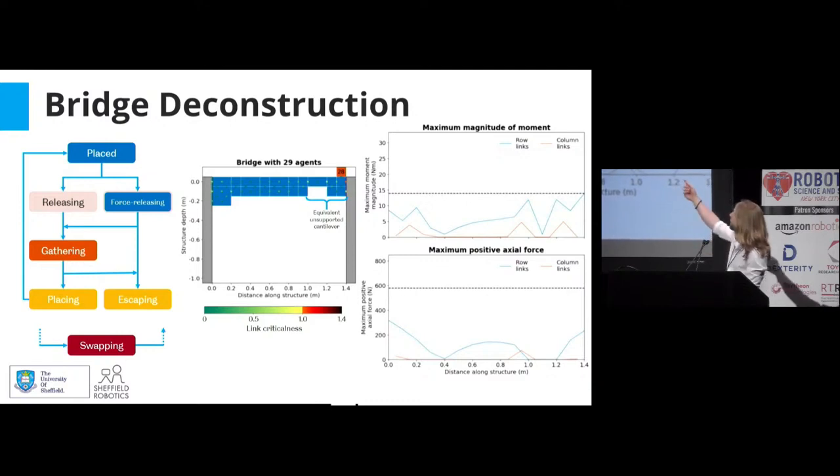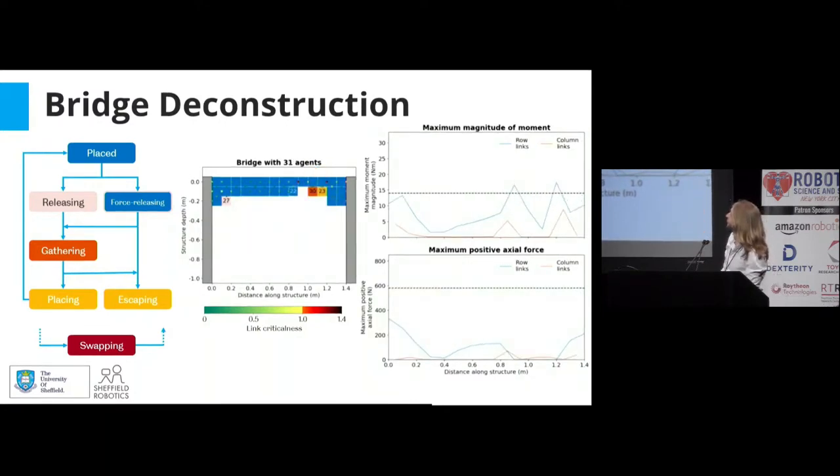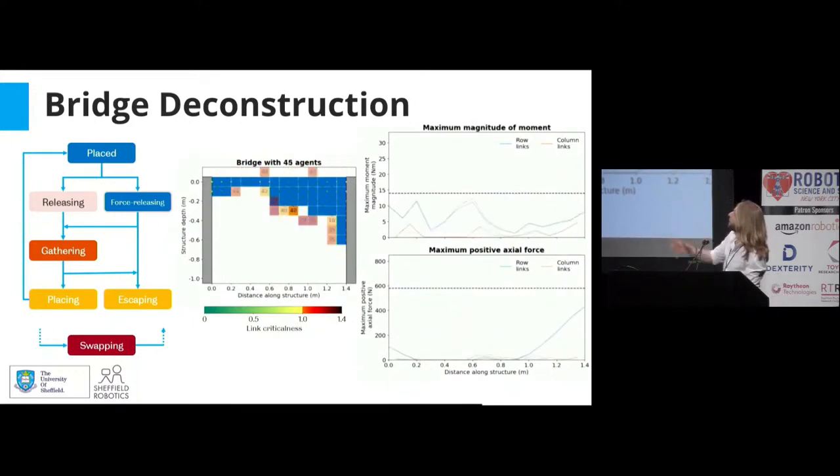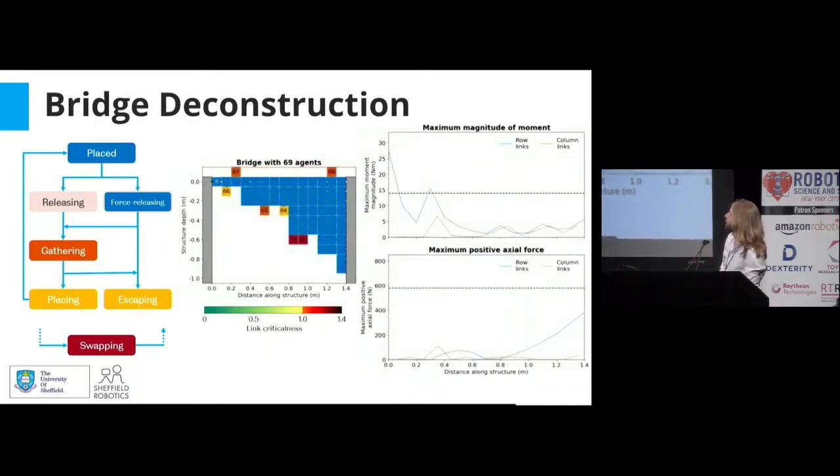So agents add themselves from the right-hand side, as shown, and this one will move around. When it gets here, it will release the one on the left of it because it believes that equivalent unsupported cantilever is stable. So now you can see agent 23 will release itself, and then continue like this. And agents can release as before on the left-hand side there. So again, agents are adding themselves and also reconfiguring from the left to build a strong structure. And eventually, one of the agents decides that it's safe to release that agent 0, and then the structure would deconstruct column-wise after that.